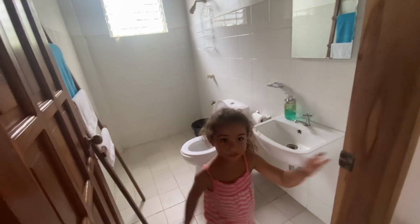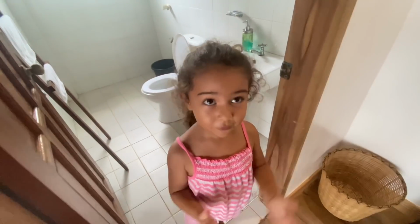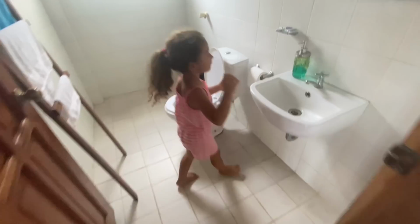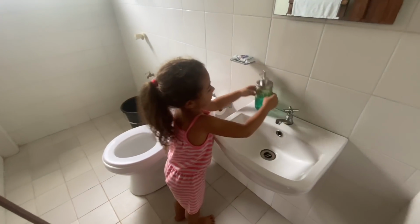Mummy, when I was washing my hands, the soap didn't work. I went the other way and the soap didn't work. Oh dear. Now this one works. Oh, okay, good. Right, I'll just put my shoes back on because we're going to walk around now and